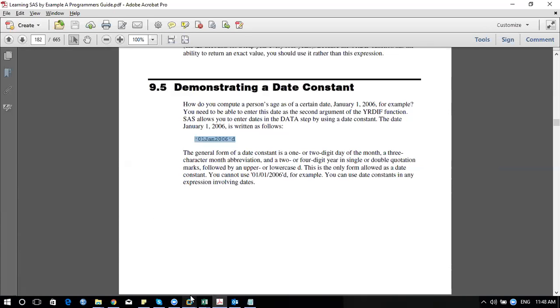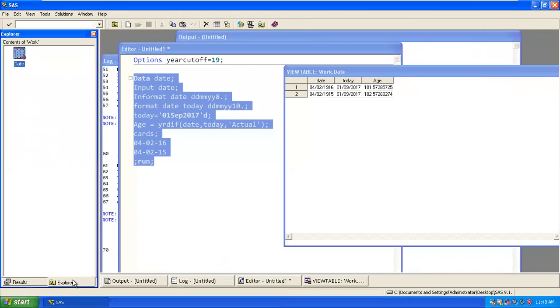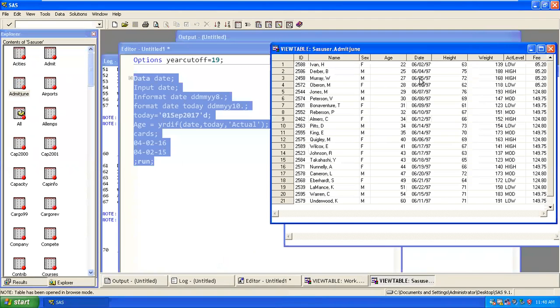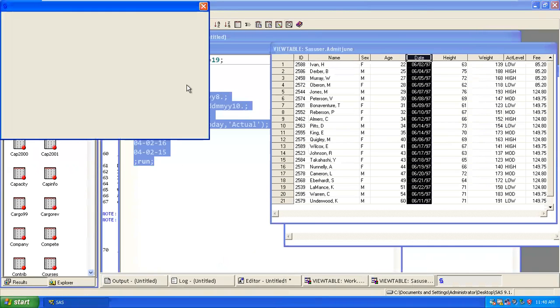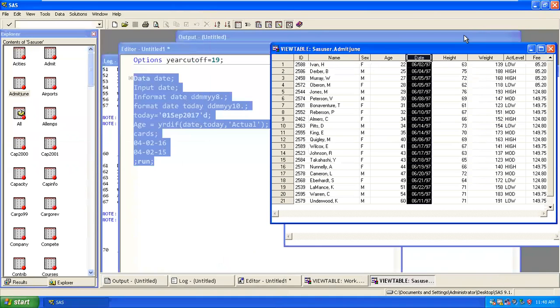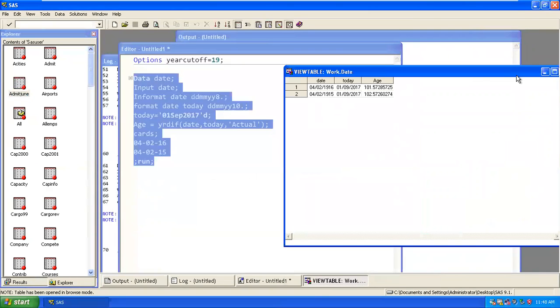Let's say someone gave you data and said they want to look at certain dates. We'll go back and look at this. We have mid-June, so we have many dates, correct? This is in numeric format, correct? If you want to filter data based on a particular date, we have to follow this condition where I have to write a date constant.